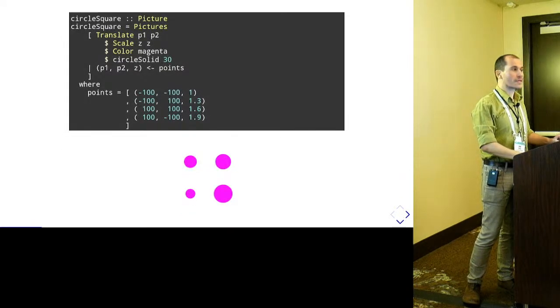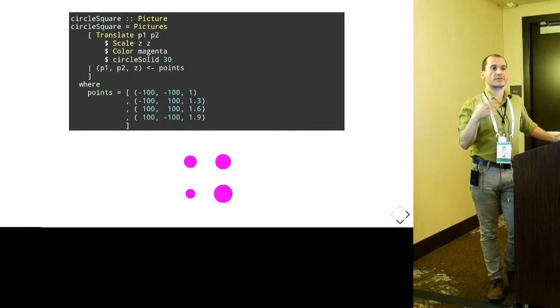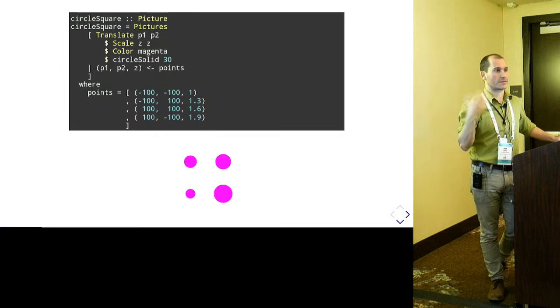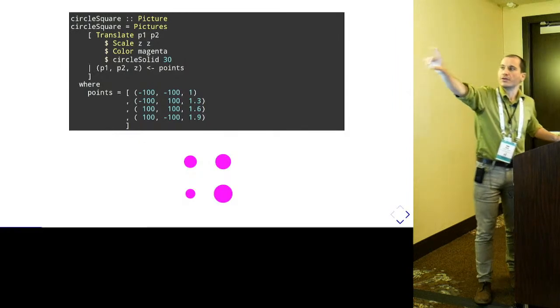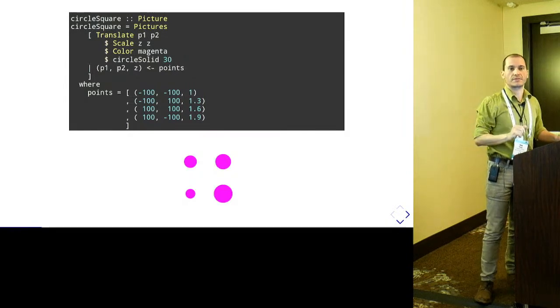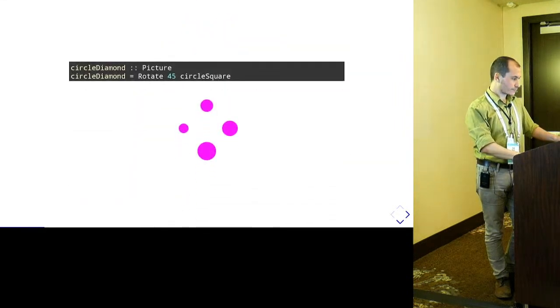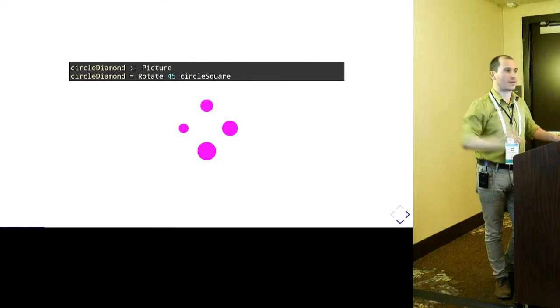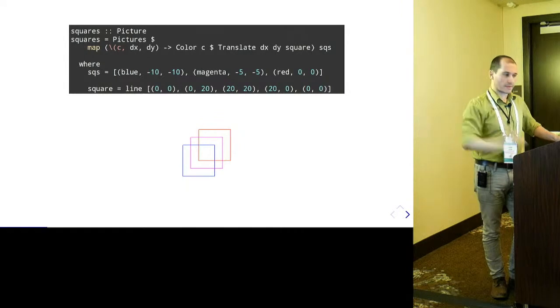And it's a pure language. One of the important things is there's no I/O going on in these definitions. There's no side effects. So you can use all the power that you have in a language like Haskell to write your expressions. Here we're using list comprehensions to go through a list of points and a list of scaling factors, and then apply a function based on those. So we're using just key functional programming concepts. You can, of course, rotate them. We'll use this a lot in our examples. And you can also draw with lines, which we probably will not use, but just to illustrate how the library works.